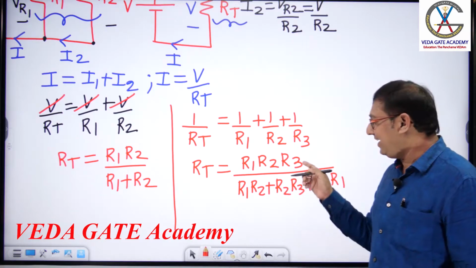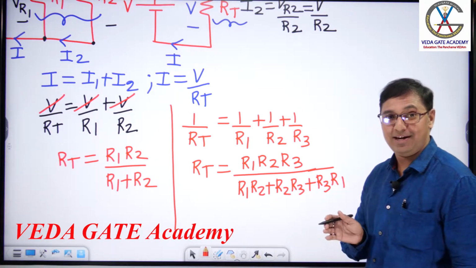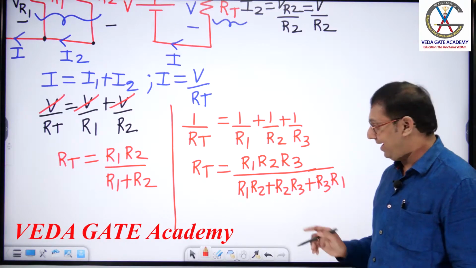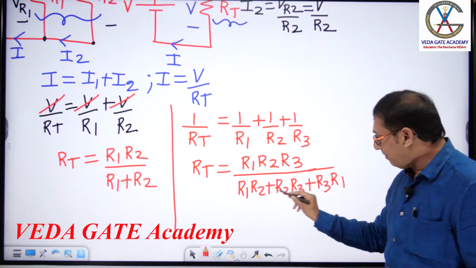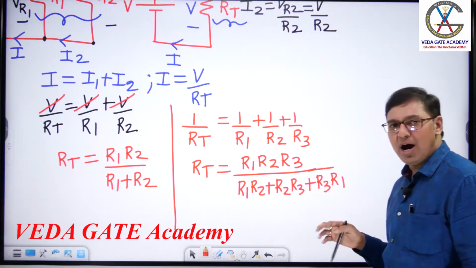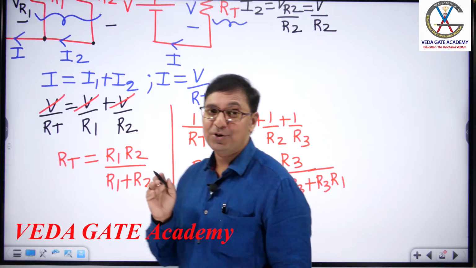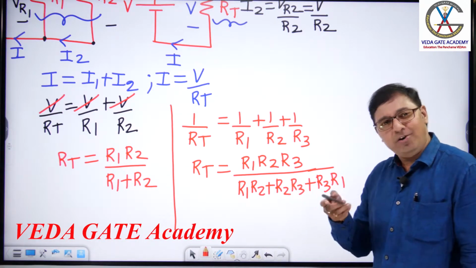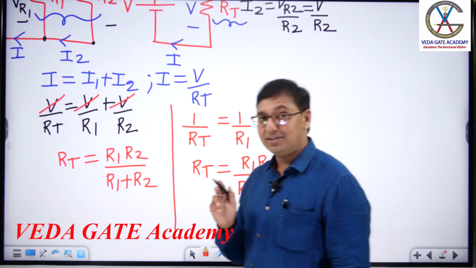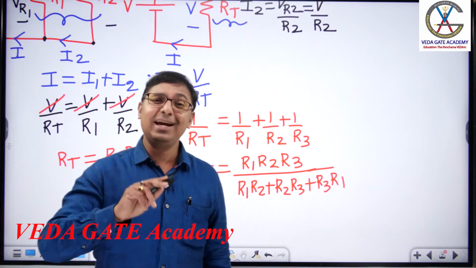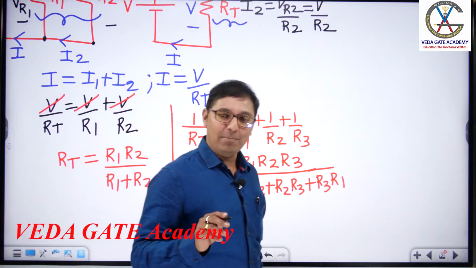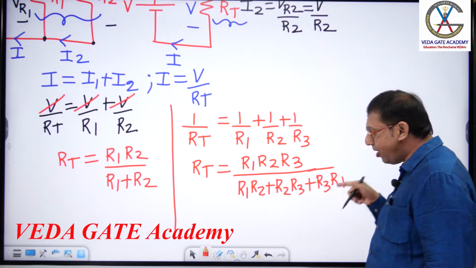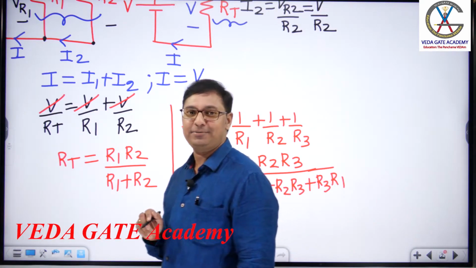Sir, can you give the English statement for this? English statement, okay? Right. Numerator, how is it appearing to you? Product of three resistors by denominator sum of product of two resistors. Yes or no? Yes. Now, can I modify like this? Denominator sum of product of 3 minus 1 resistors. 3 minus 1 resistors means 2 resistors combination only, right? Hope you got the point.